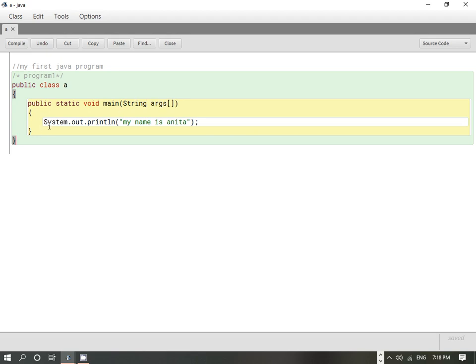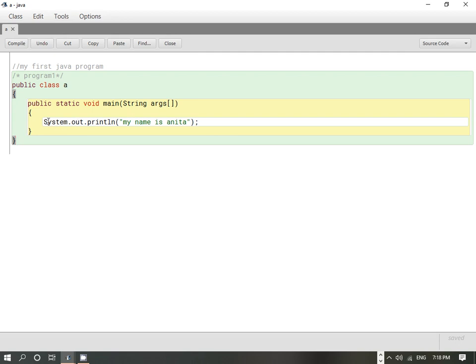Then our next very important thing is, here you can see that S is capital and the rest are written in small. So this is System.out.println. Now what is this? Let me explain this. This System represents a class. So System is a class, out is an object, and println is a method.